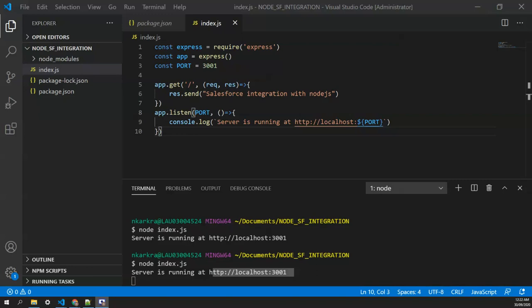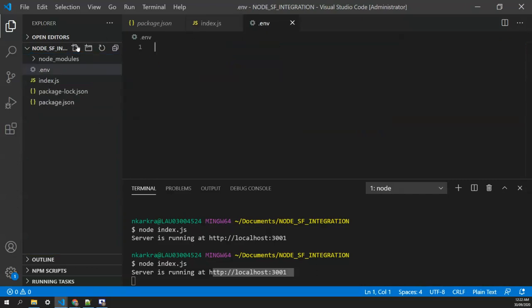And it's always recommended to keep your secret details and credentials in a separate file and never push them into the code. So the same thing we're gonna do now. We're not gonna write our secret things in the index.js, and for that we're gonna create a new file, .env. This file we generally never push to GitHub or to our source or Git repository.